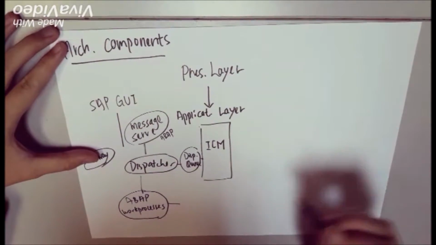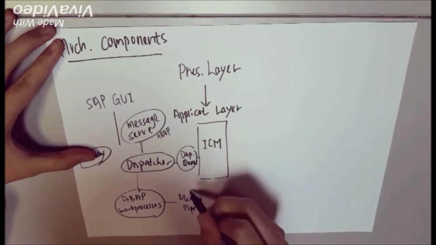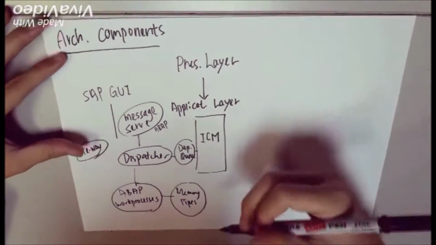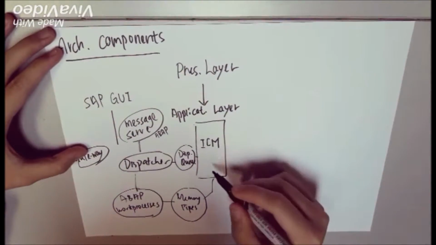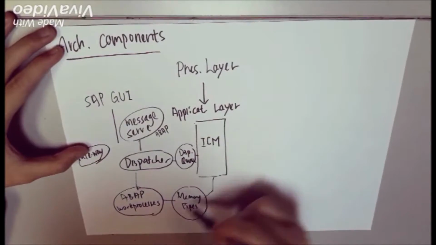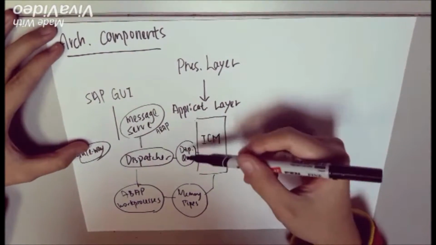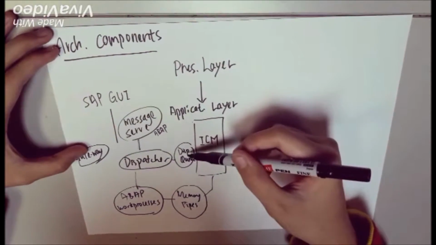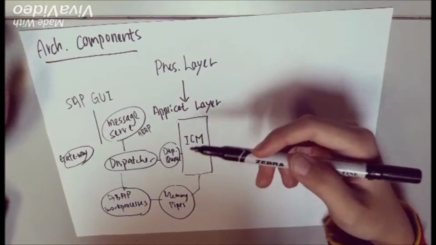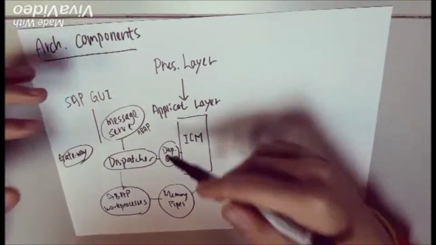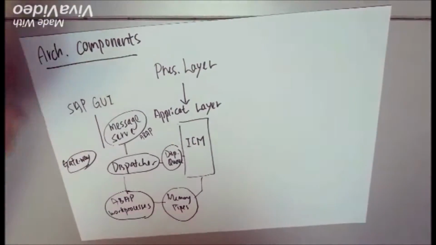Next to it are the memory pipes, which enable communication between the ICM and the ABAP work processes. So what is the function of the dispatcher queue? Basically, it stores all the various process types, and the types include